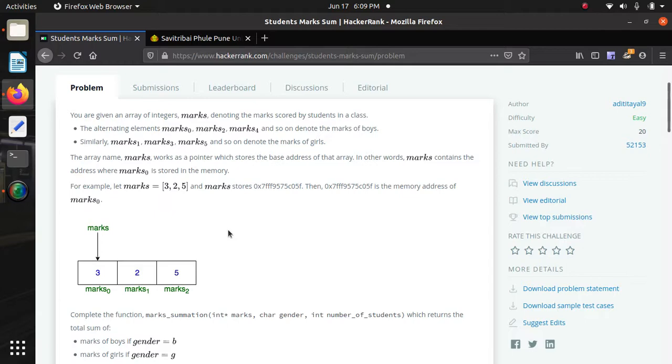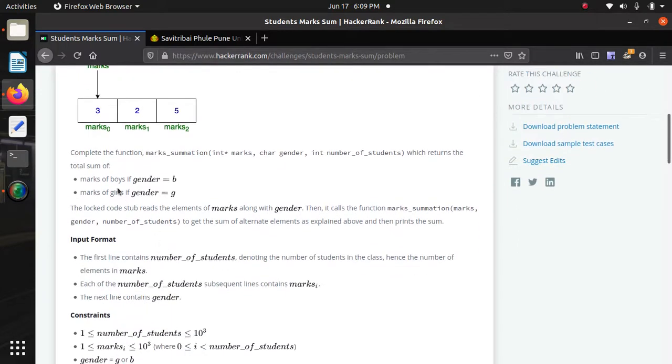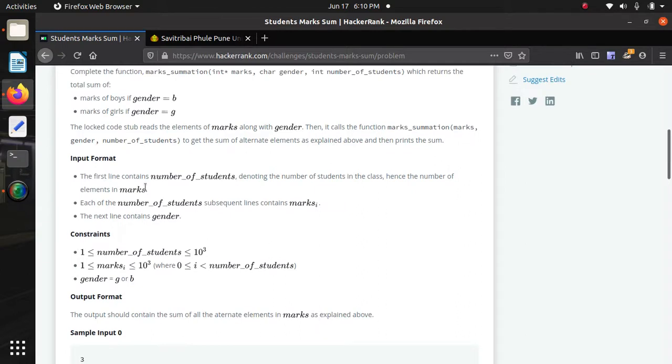Alright, marks is an array of elements, and we have to complete the function, marksSummation, which returns the sum of marks of boys if gender is B, and marks of girls if gender is G. So the input format is like that.